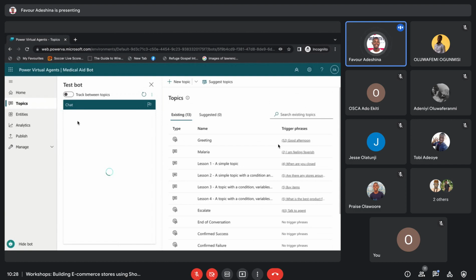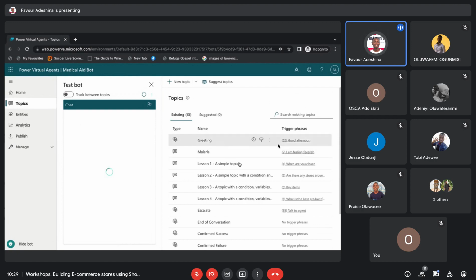So what is a topic? A topic is like a trigger phrase that triggers the chatbot. For example, if you've gone to any website before that uses a chatbot, let's say a pharmaceutical store website, and they have a chatbot integrated into that website. You may type something like "Hi, good evening" or "Hi, good afternoon" on the chatbot. Or once the website loads, the first thing that comes up is "Hi, my name is this, and I'm your personal assistant," something like that. That is what we call a topic. A topic triggers an action. Are you getting it? A topic triggers an action.